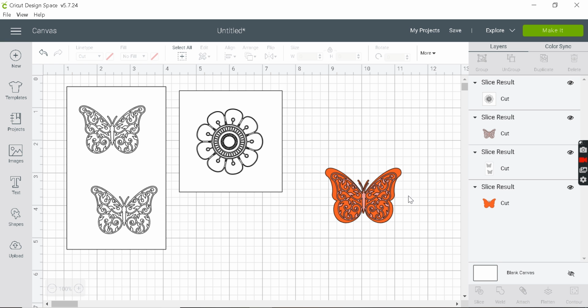So that is how you can do your layering or double layered butterflies or any other image, flowers or anything that you want to play with, or mandala designs like this, or animals. If you want to give a double effect, the background has to be in plain color and the top layer has to be in a design, or anything like that, you can do this. So this is how you do your double layered butterflies.